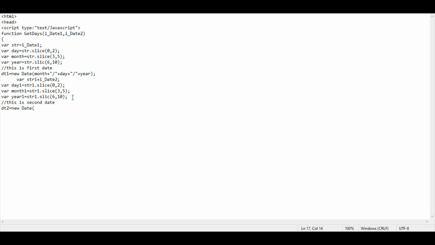We'll have the same pattern as above, but now month 1 plus day 1 plus, and then it will be 1 underscore day equals to 1000 asterisk 60 asterisk 60 asterisk 24 semicolon.